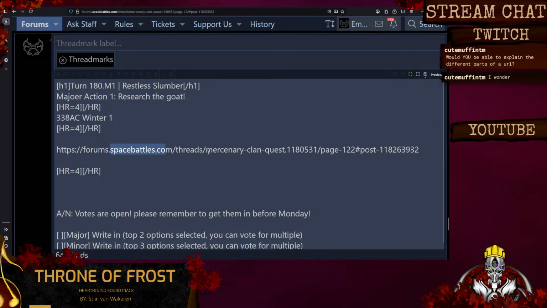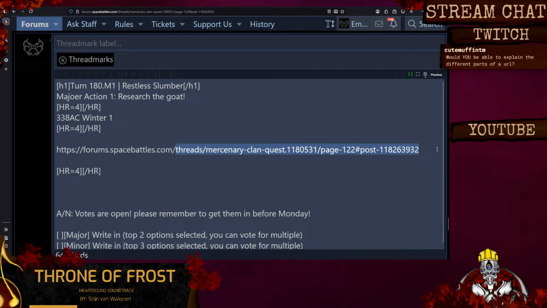But yeah, then this part is telling the site what to do, right? It's saying, okay, I'm at spacebattles.com. I want this information from spacebattles.com. Really, this part's different because this is handled in your browser, but sometimes it's handled in the site. Anyways, this part, the website will handle it. Usually, it'll say that